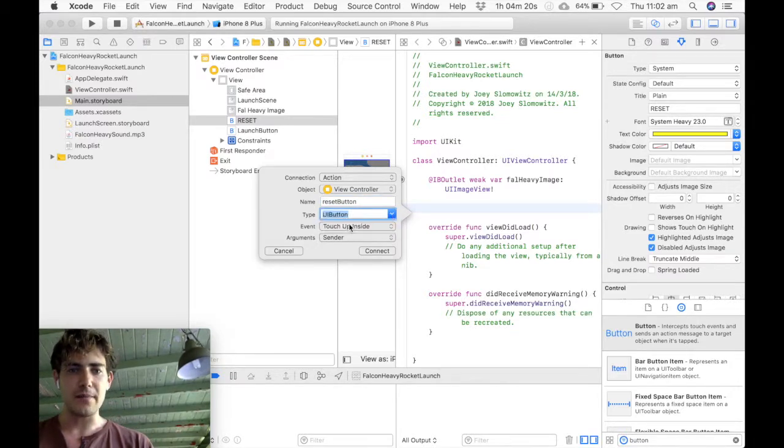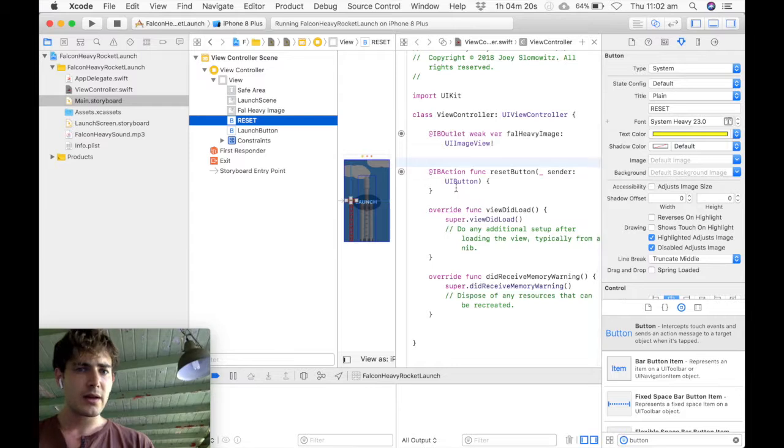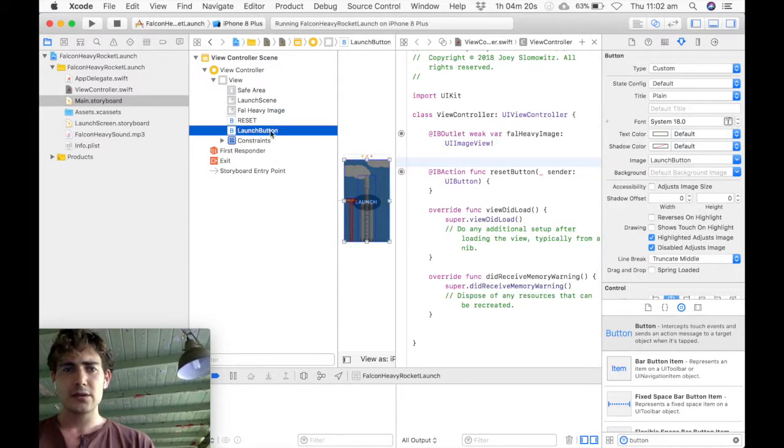Change the type to UI button, hit connect, and there's our reset button. Cool. And now we want to connect the launch button. So select that, hit Control, drag that over,